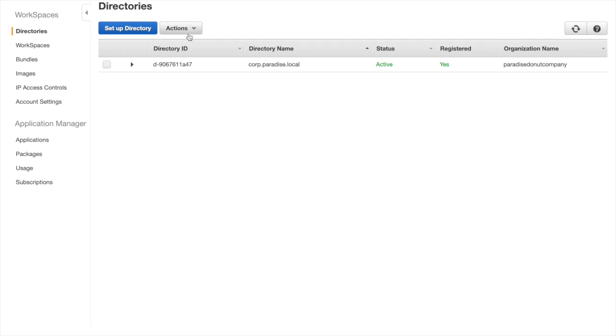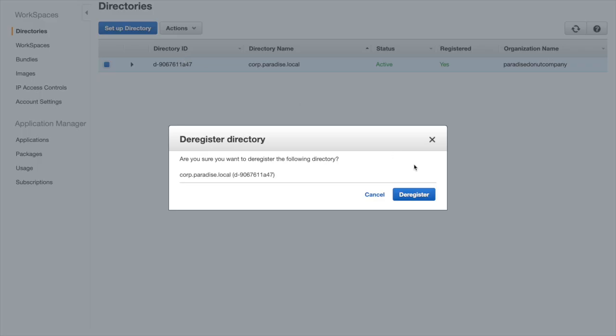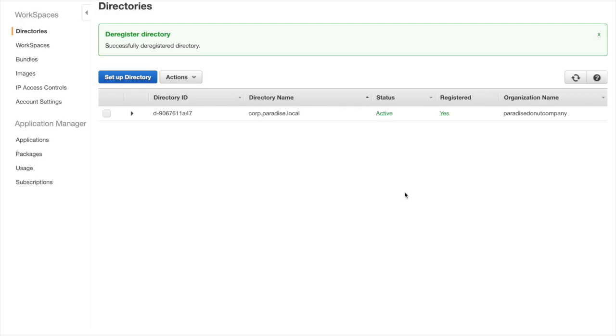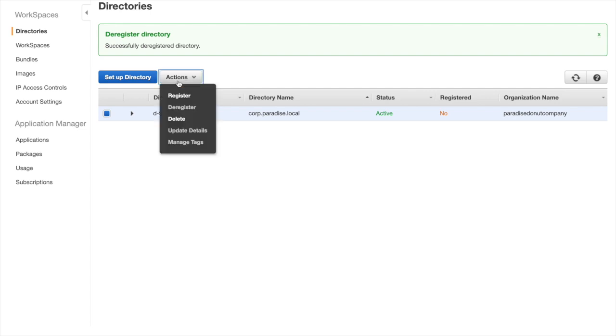Okay, but something I still have running is Active Directory, or Simple Active Directory in this case. Right now it says it's registered with Workspaces. Let's go ahead and select it, and I'm going to deregister it so that the directory is not working with Workspaces anymore. It says it did it, but I've got to hit refresh to see that. So now the directory is not connected with Workspaces anymore, and then it's probably going to fail when I do this because